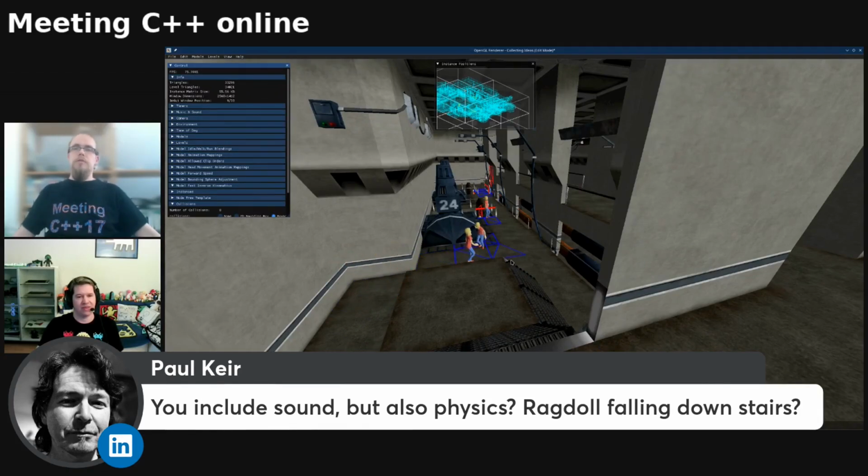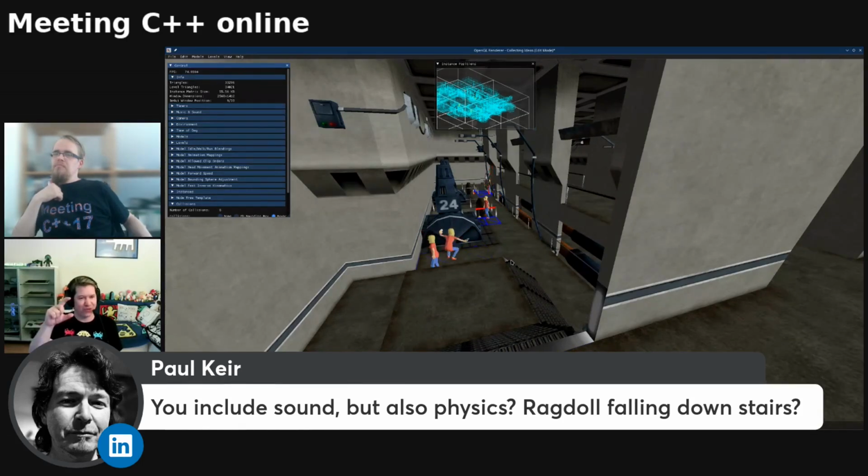And Paul here continues to ask, do you include sound, but also physics, ragdoll, falling down the stairs? No, sadly not. If you know the physics book from Ian Millington, you will know this is also this thick just for physics, and there are a couple of other physics books. You could start here and implement it by yourself, but it's just collision detection and how the model's running around. Ideas were there, but only a limited number of chapters and pages, so I had to cancel several ideas.